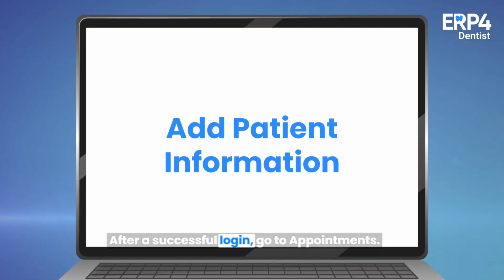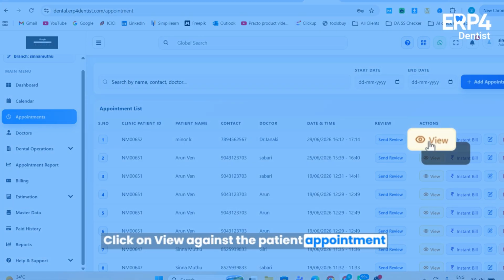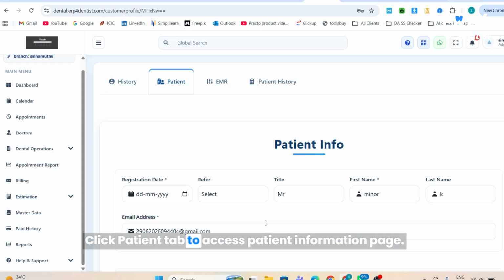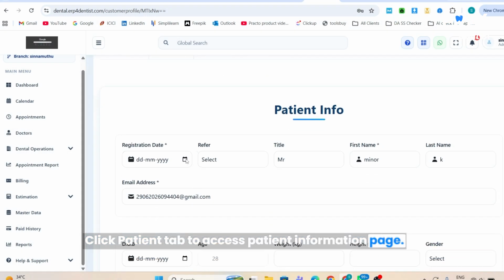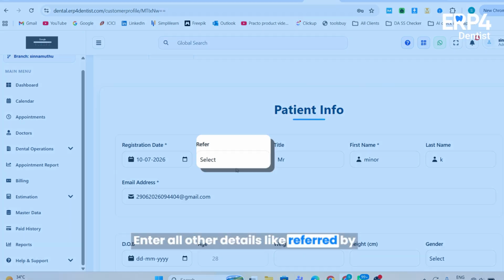After a successful login, go to Appointments. Click on View against the patient appointment to view the complete patient information. Click Patient tab to access patient information page. Enter registration date of patient. Enter all other details like referred by,